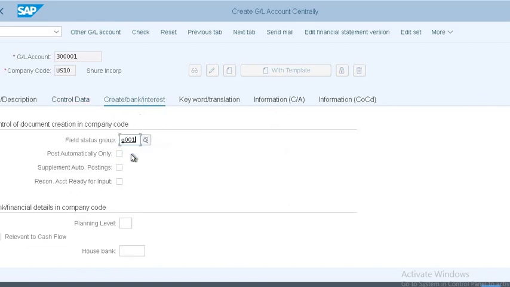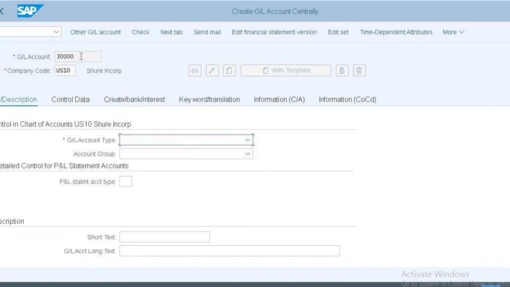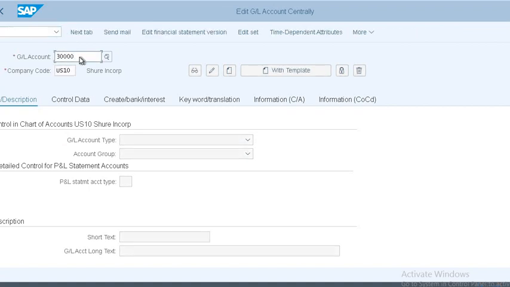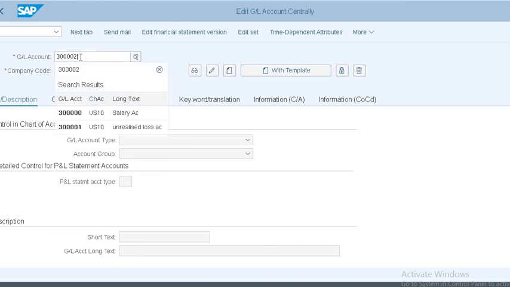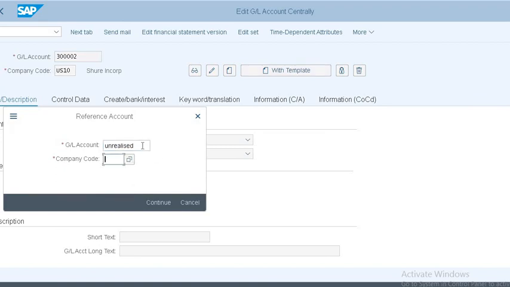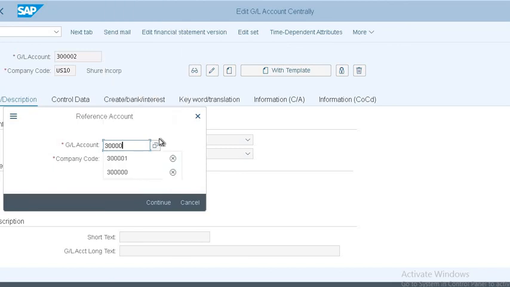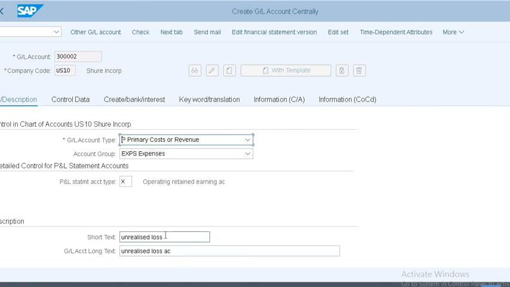Here G01. Save. One we created, two we will do with the template. Here we created the unrealized.